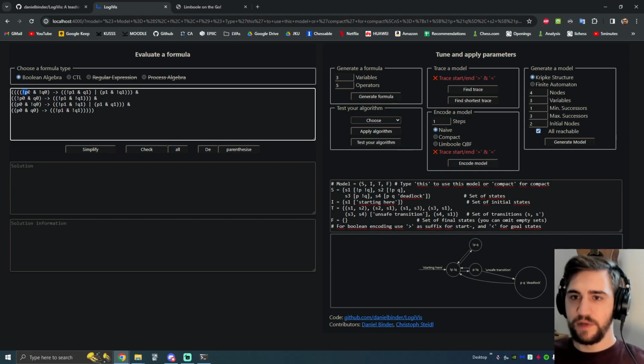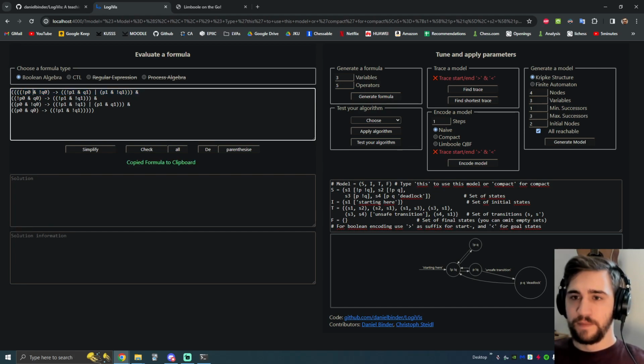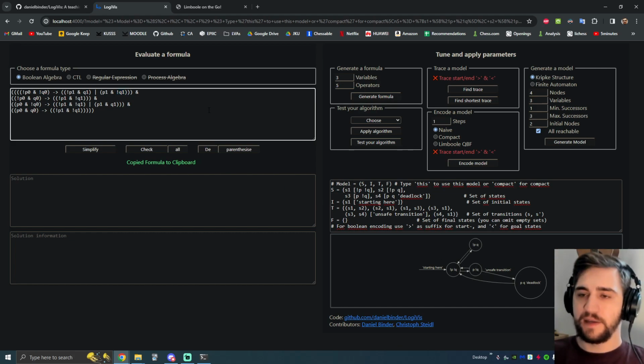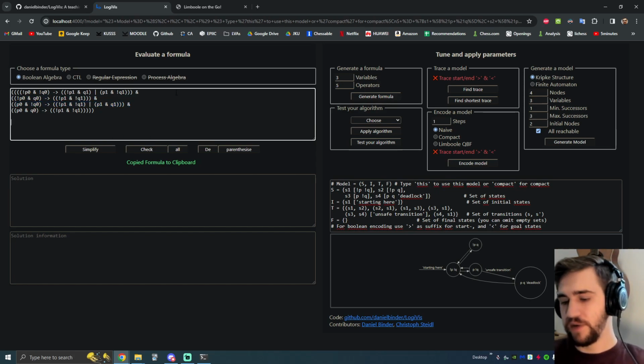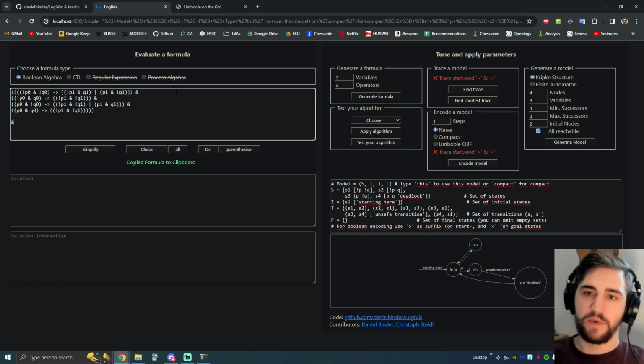And we see here if we're at not P and not Q at time step 0, this implies that we are either at not P and Q, which is this state at step 1, or P and not Q, which is this state. And if we want to check if we can reach any state, we need to log the variables to that, because the encoding also generates state encodings for every state. So we need to log the variables either by typing them out with and